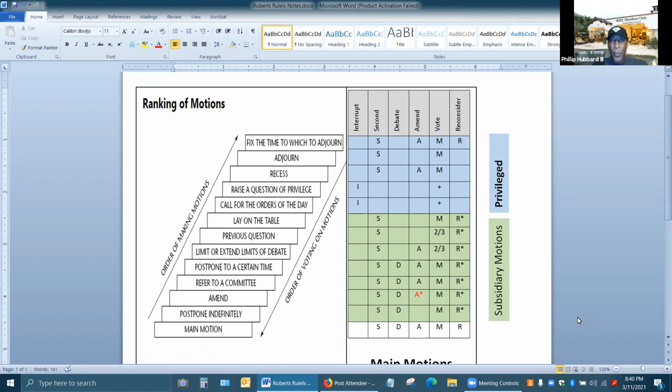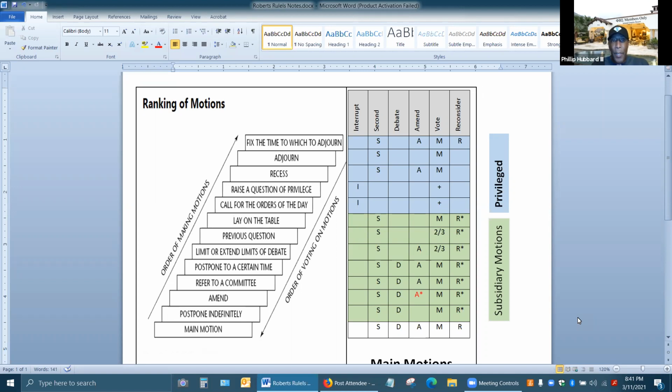What are the ramifications? Usually when a motion is postponed indefinitely, it is because the maker of the motion feels as though they want to do away with this motion without bringing it to a vote. They just don't want to even discuss this thing anymore. And if the assembly agrees by vote to do away with this motion, then that motion is just out there in limbo. Can it come back? Yes, because it was just postponed indefinitely. Do they normally come back? Not usually.